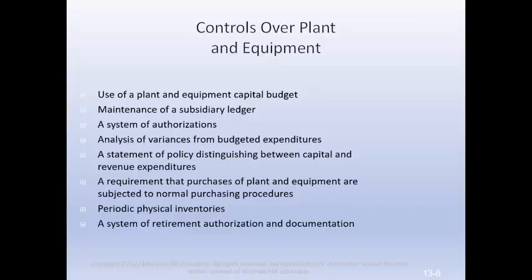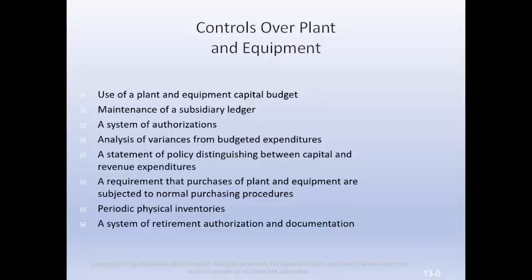The total expenditures for the assets and related expenses make strong internal control essential to the preparation of reliable financial statements. Some of the applicable controls include an annual plant budget used to forecast and control acquisitions and retirements of plant and equipment, a subsidiary ledger consisting of a separate record for each unit of property, a system of authorizations requiring advance executive approval of all plant and equipment acquisitions, a reporting procedure assuring prompt disclosure and analysis of variances